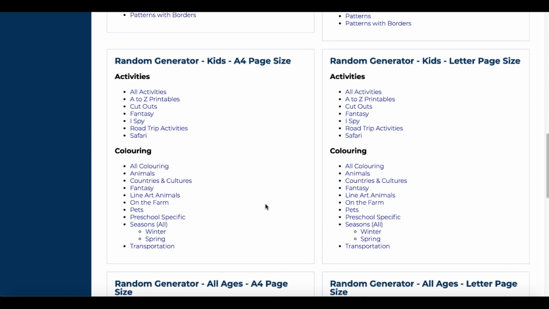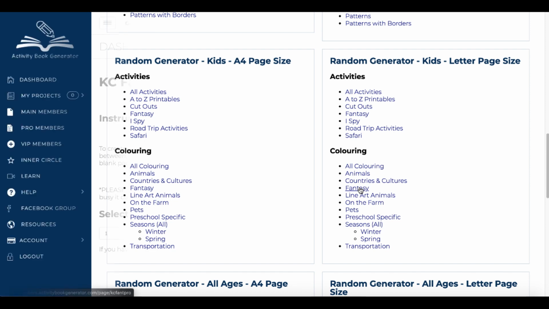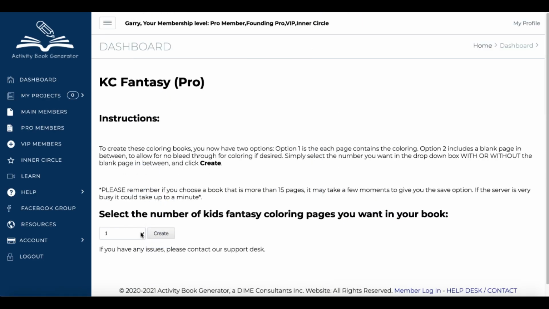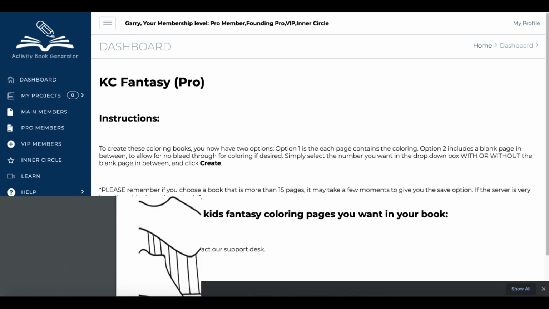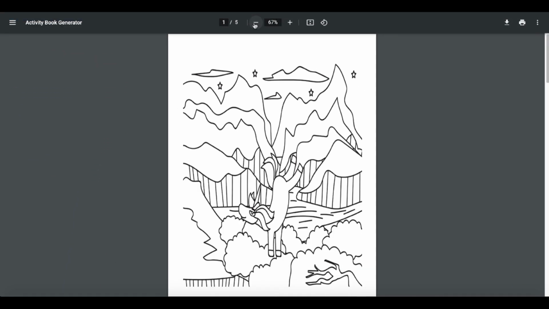So again, you can click on these and you can see exactly what's going to happen. We'll go ahead and click on one more just so you can see an example. We'll go ahead and click on fantasy. So again, this is the random generator for kids, letter, page size, under coloring, fantasy. It takes you to the fantasy builder, the random generator. Here you can select 10 with blank. We'll go ahead and just go 5 and select create. And we'll open that up and you can see here, this is the type of